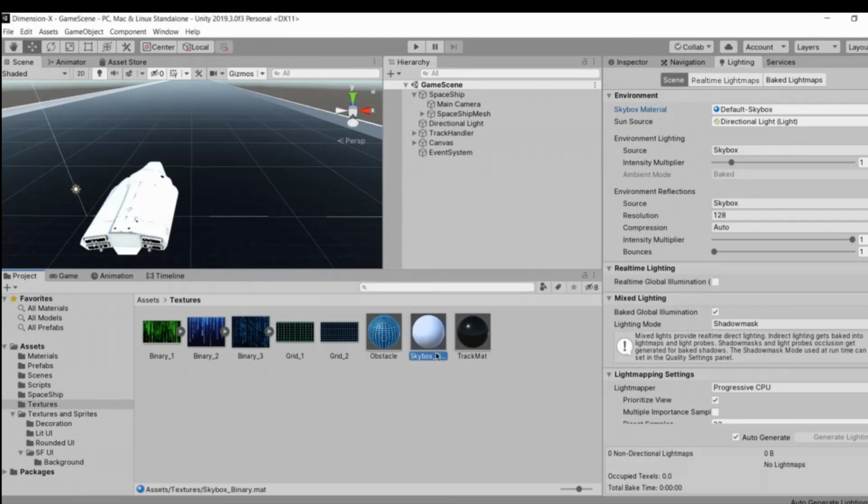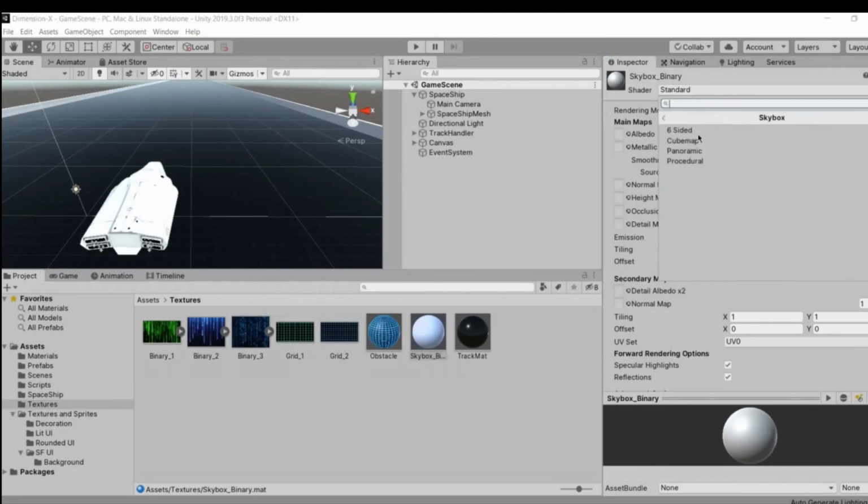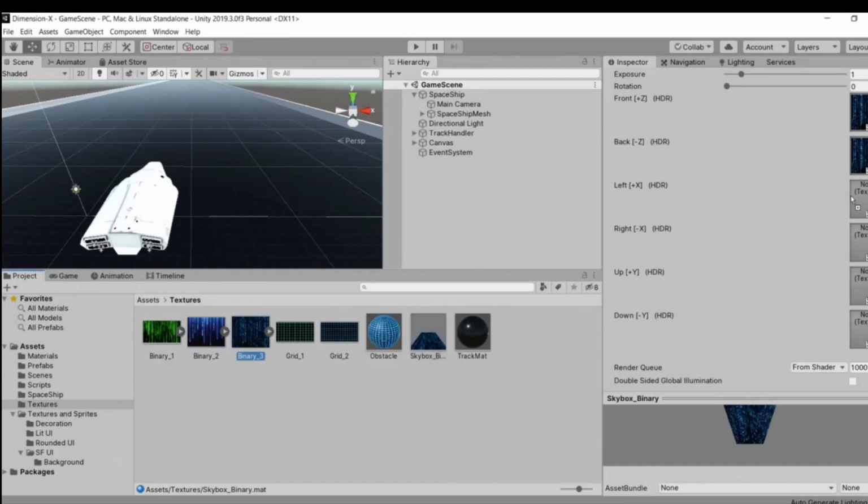After naming it as skybox binary, what you have to do is go inside the inspector tab and go inside the shader and replace it with skybox, and then make it a six-sided one. So after that, you have to drag some texture over the skybox. So what you have to do basically is just drag this binary 3 on every texture,